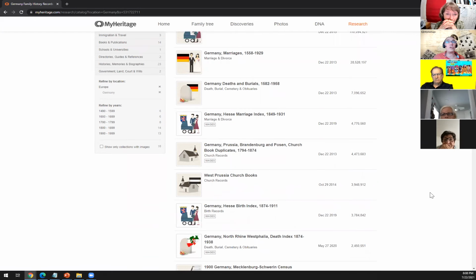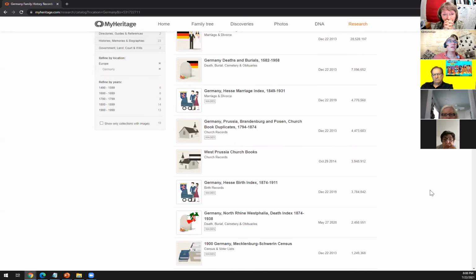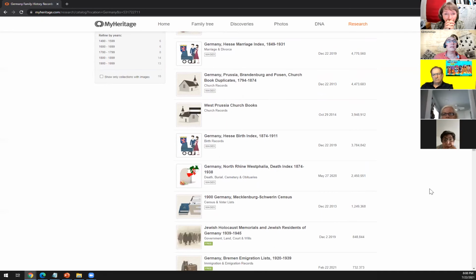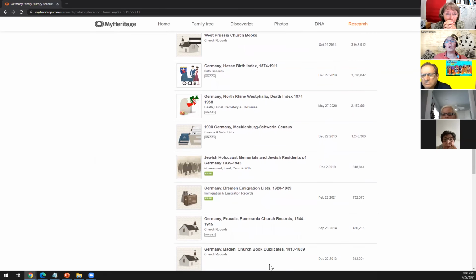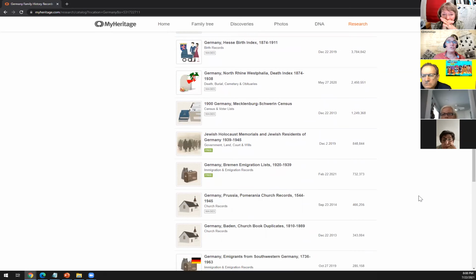We have the Prussia, Brandenburg, and Posen church book duplicates. We have Hessen birth records, North Rhine-Westphalia death records from 1938. And you will see that many of them, or all of them, actually have images, and some of them are actually free, like the German Bremen immigration list